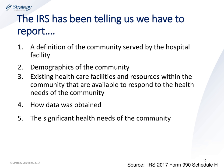You need to have and list existing healthcare facilities and resources within the community that are available to respond to the health needs of the community, as well as any community resource. You have to list how your data was obtained, almost like a bibliography. Where did you get all of the data? And it's also nice to source right underneath your data table or your data chart where you actually